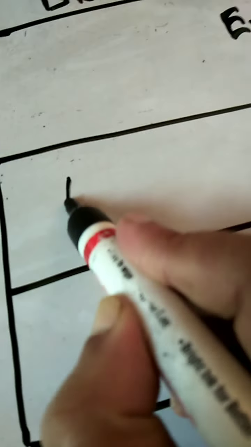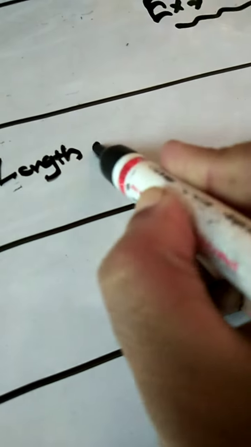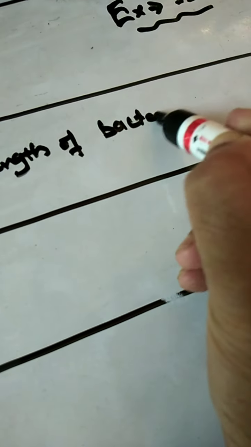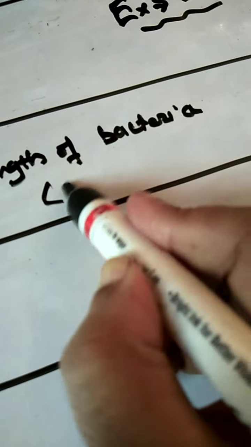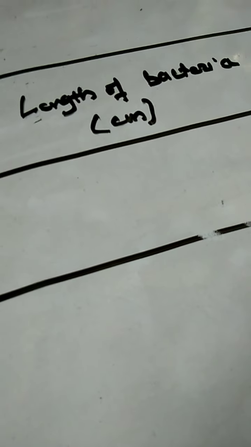So the topic, we'll write on the box, as we have already discussed that in this particular exercise we have to always make a box and then proceed. The two topics that we'll discuss are, first, the length of bacteria. The length of bacteria is given in centimeter, so you will write it in centimeter, so that every piece of information is taken from the box itself. The other thing we are discussing is how many times the bacteria has been enlarged, so we'll write number of times